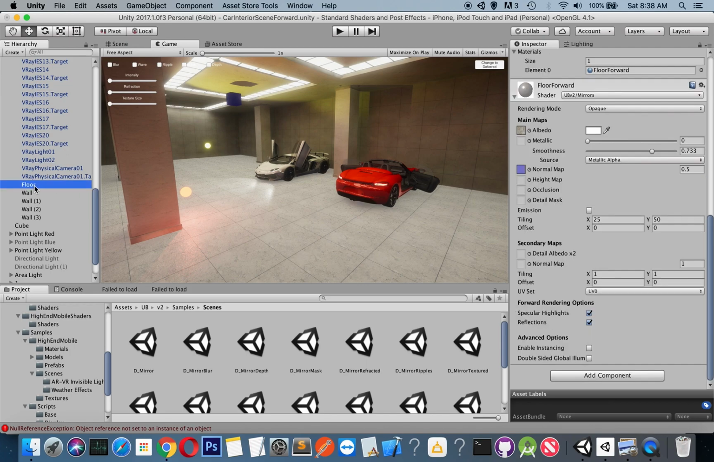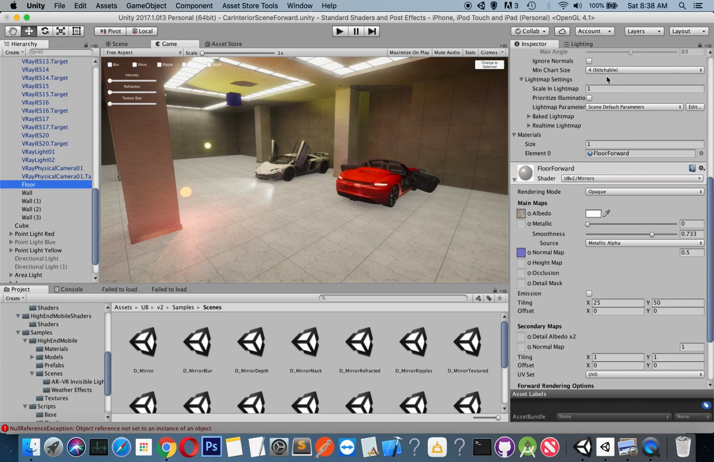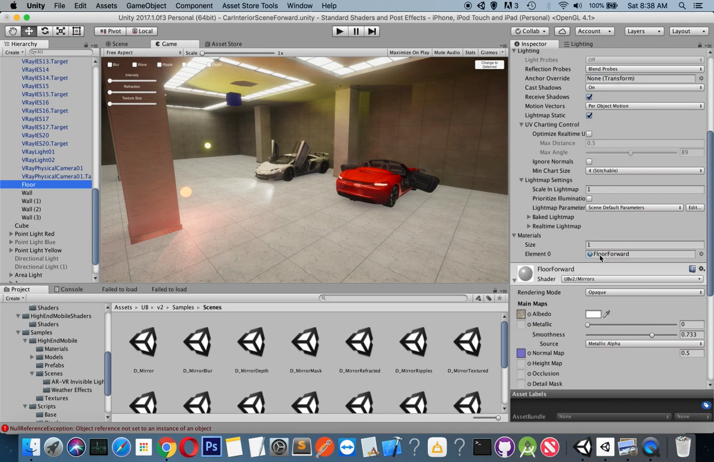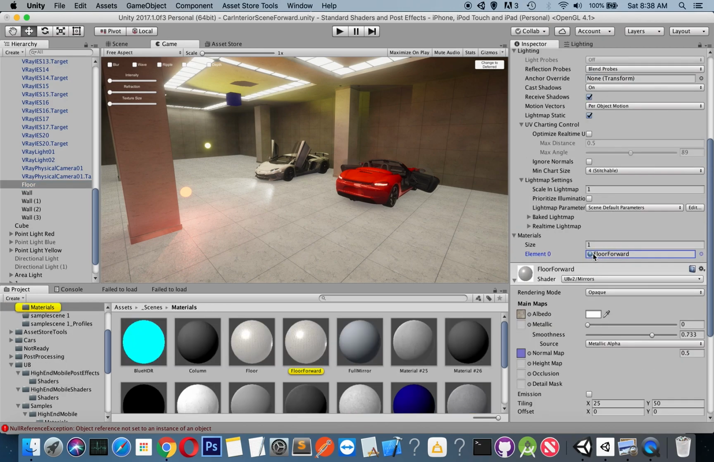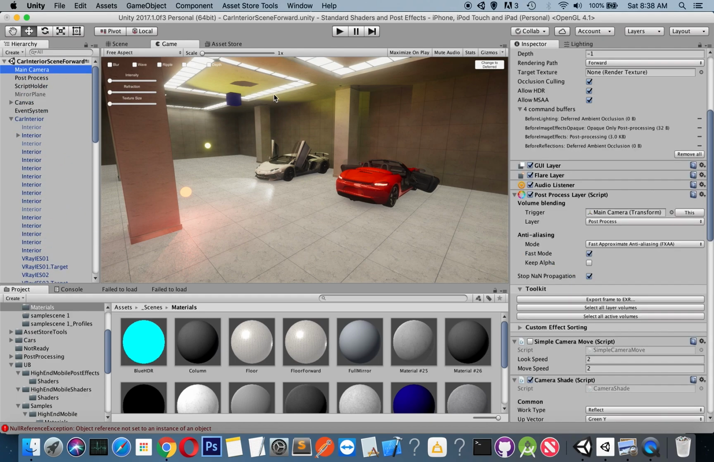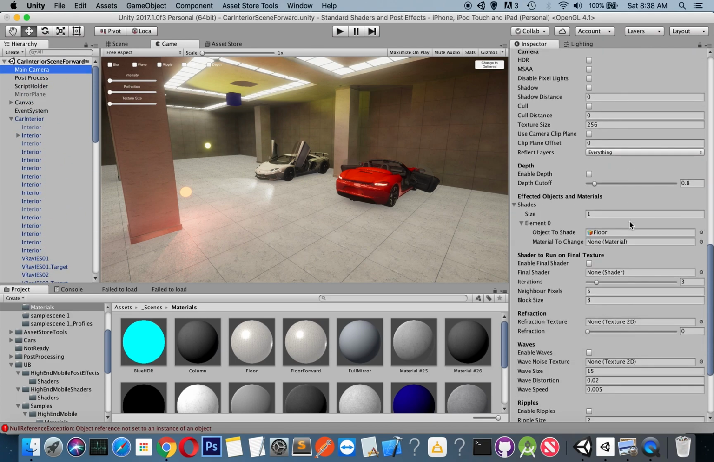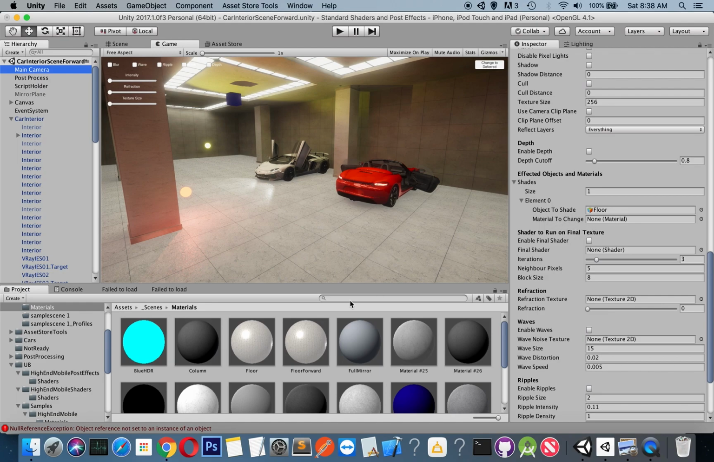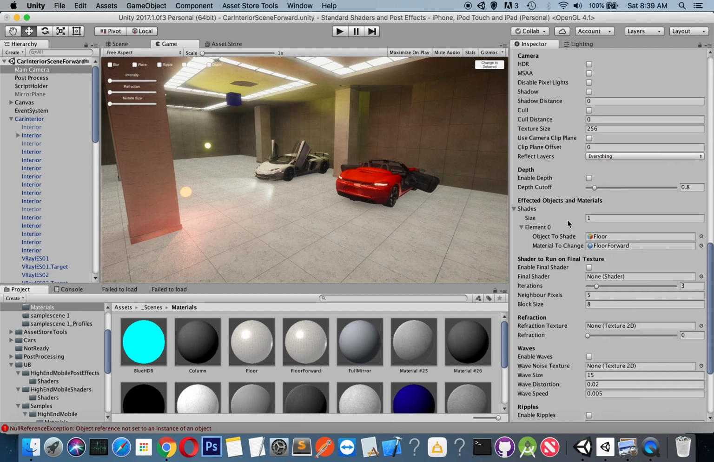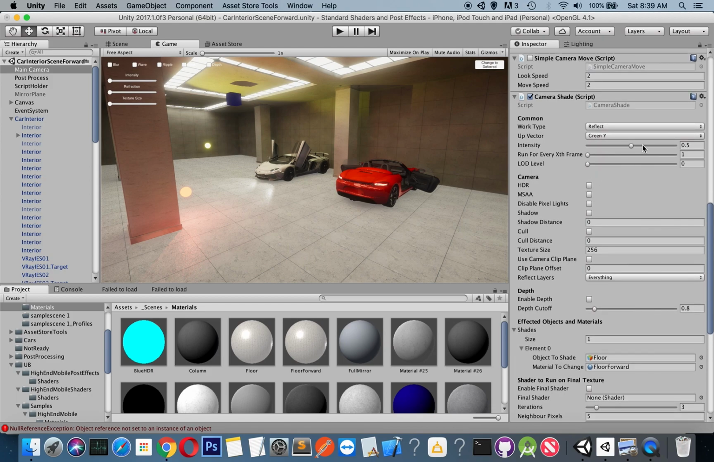So if you look at our floor and this material, floor forward material, our floor is using this floor forward material. So I will select my main camera and come back to this material change slot and just drag and drop this material to this slot. And as you can see, there